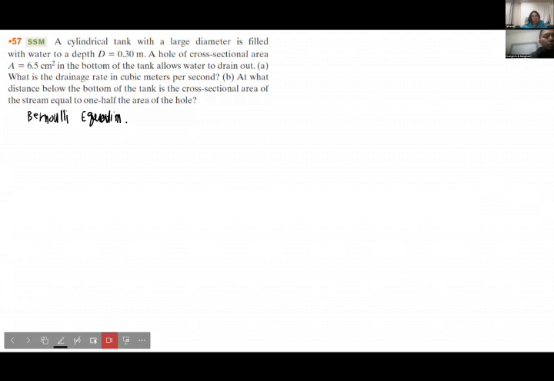So you have pressure plus kinetic energy, 1/2 rho V1 squared, the density times the velocity of the fluid passing through that point 1 squared, plus potential energy rho g h1. That total energy should be the same as pressure plus 1/2 rho V2 squared, and that is velocity. That's not volume. Just make sure that V is actually the velocity of the fluid at that spot, plus rho g